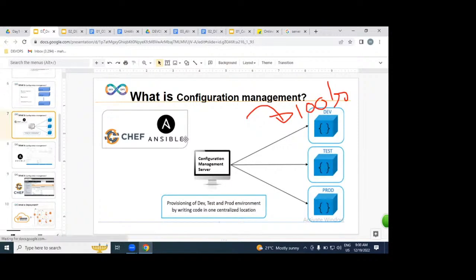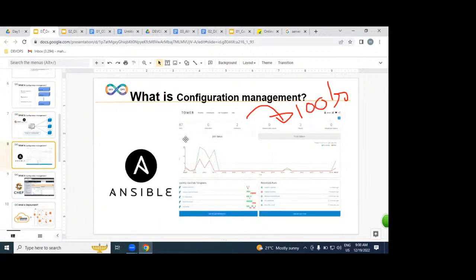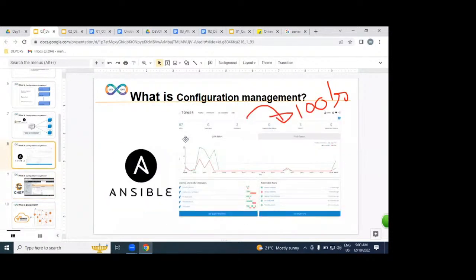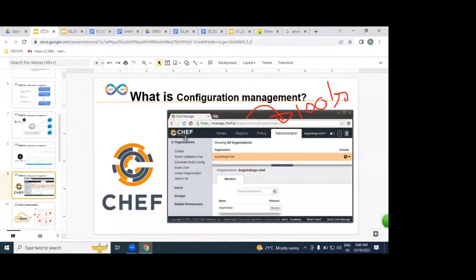But we are going to learn one push model and one pull model. Ansible is a push model. Chef is a pull model. Clear, all of you? What is a pull, what is a push? Don't ask me now. We'll discuss it in the regular session. It will take 1 hour to clarify that statement, so not for today. I will do a deep discussion later.